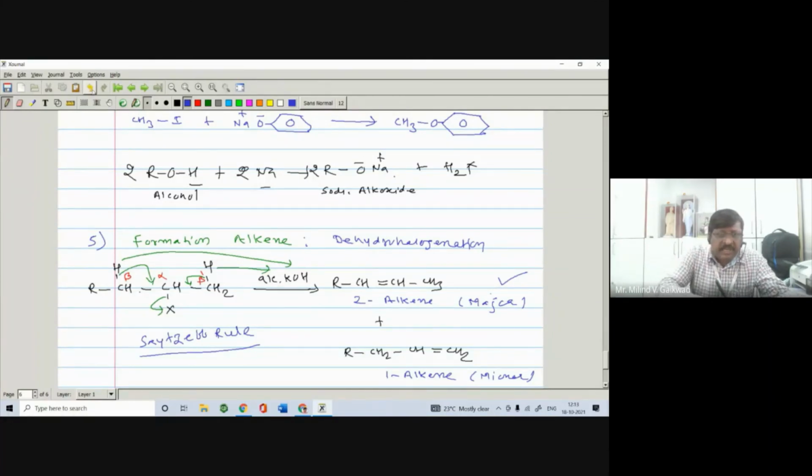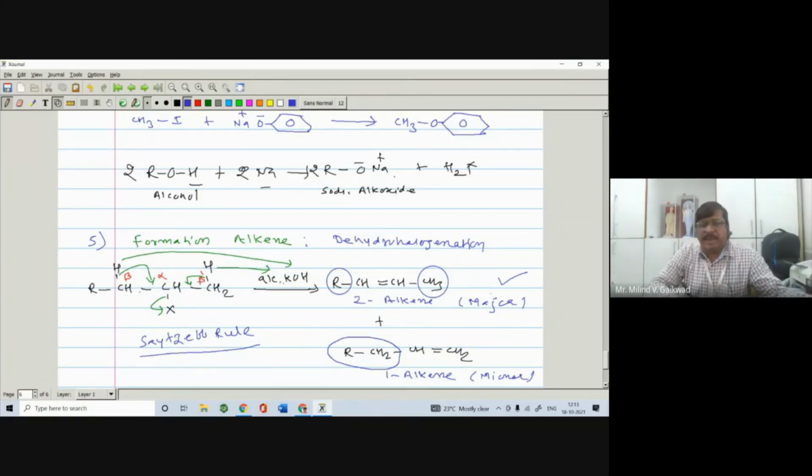So in this case, there is a formation of an alkene in which two R groups are directly attached to the doubly bonded carbon atom. So it is a dialkyl substituted alkene. And in this case, only one R group is directly attached to the doubly bonded carbon atom, so it is a monoalkyl. When there are more R groups directly attached to the doubly bonded carbon atom, it is the major product. So here the first is the major and the second is the minor. So it is called an elimination reaction.